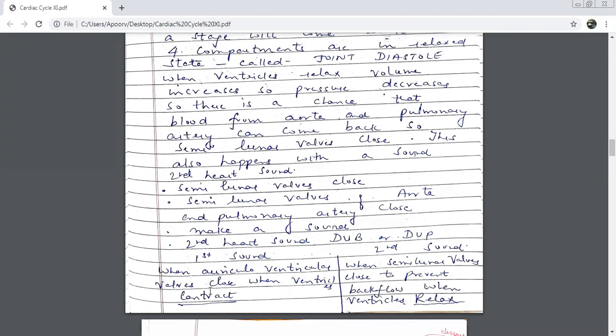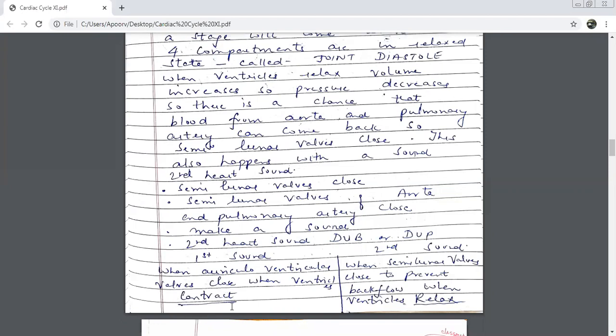Because of the closing of the auricular ventricular walls, a sound came. Similarly, when blood is going out from the ventricles to the main arteries that we talked about, again we have to be careful that blood does not come back into the ventricles. So again, these semilunar walls are closing to prevent the backflow. This is the second sound of the heart, which is what we call the dub sound. Dub. What is the main point, beta?